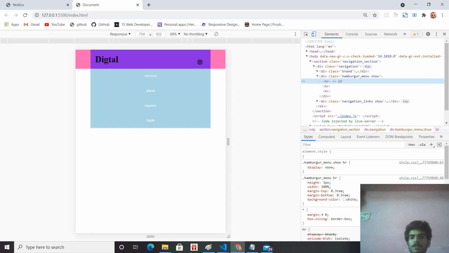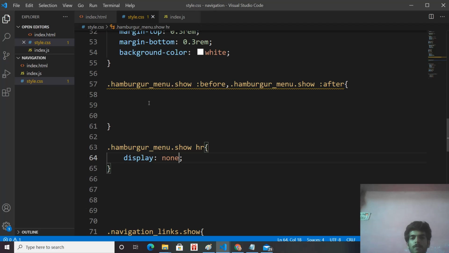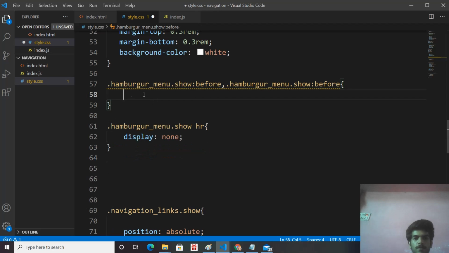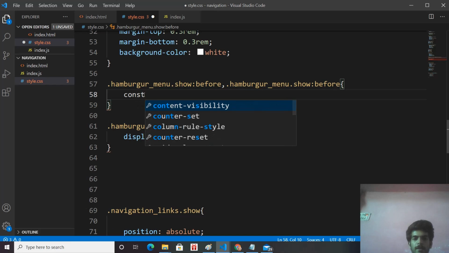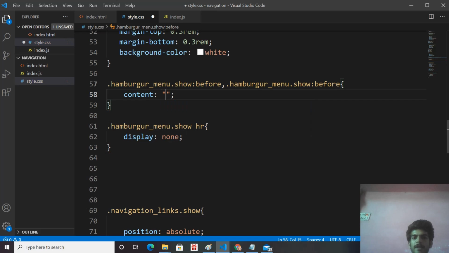But instead of this, what we want is a cross menu. So we are making the cross menu. First write this and give content. Whatever content you write here, in the content property, if I add my name, Mayank, and when I save this, see,